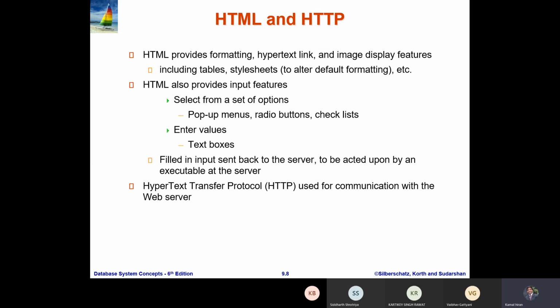Now HTTP is the hypertext transfer protocol, used for communication with the web server. As we know, a protocol is basically a set of rules or standards. When we are doing communications, we have to use different protocols. I have to mention some protocol names here. Let's say we use HTTP for the web. We also use FTP. FTP is called file transfer protocol. You can transfer your files through this protocol also, and it is also a very important protocol as far as application development is concerned.